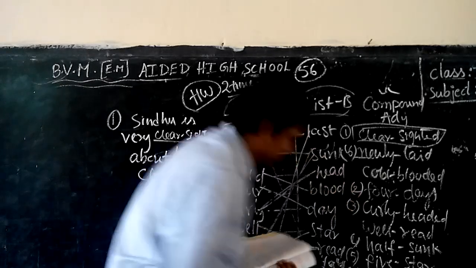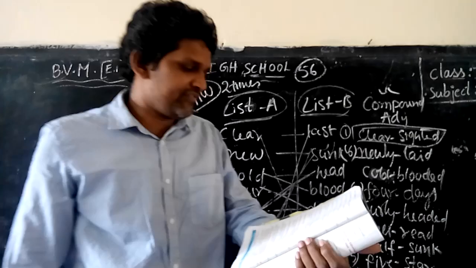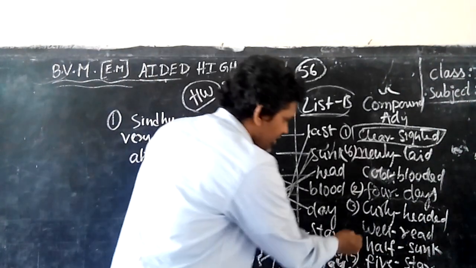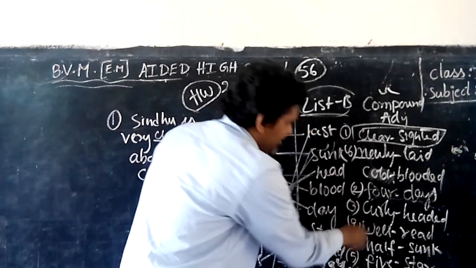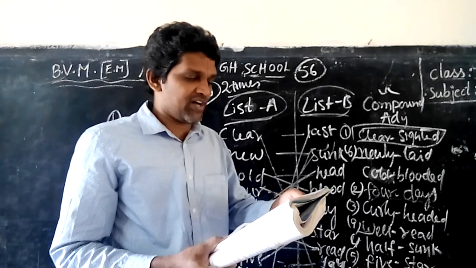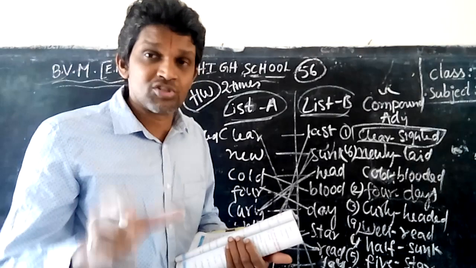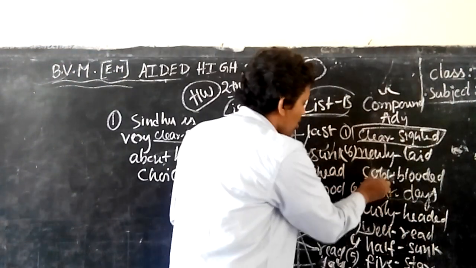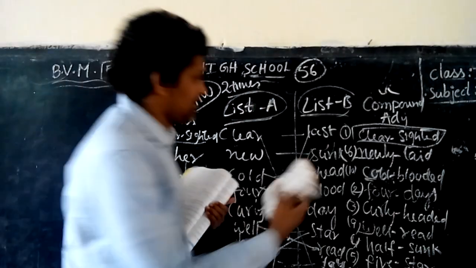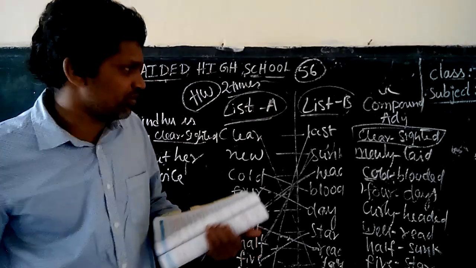Here, long lasting. Next, I like to correspond with this well-read teacher. Teacher is well educated. So here we can write well-read. So I missed one thing here. All the people were shocked at the sight of this dash murder. So murder is explained with cold-blooded. So you can write here. So I think I wrote the wrong numbers here. So once again you look at them.